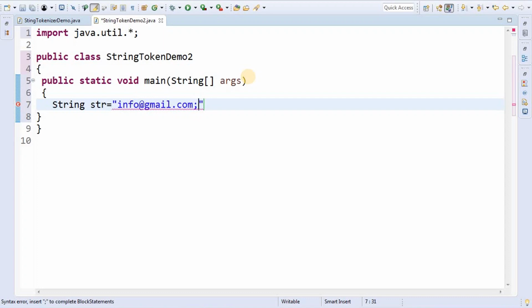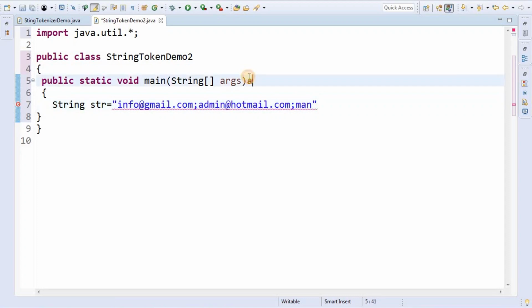Next one, write another email ID, admin@hotmail.com, separated with semicolon. Next one, manager@gmail.com. These are the strings I have taken.